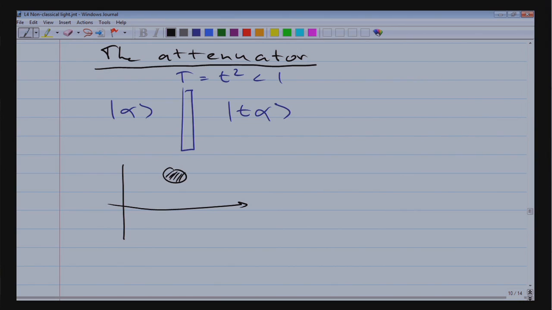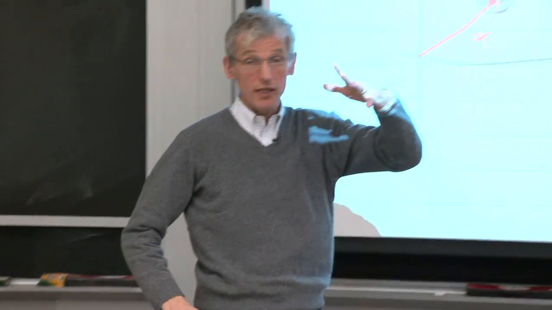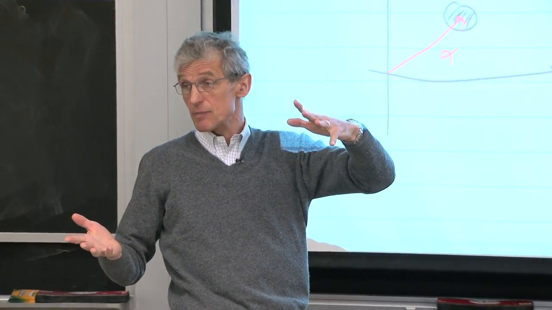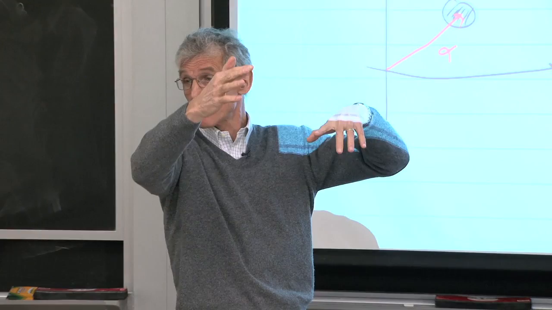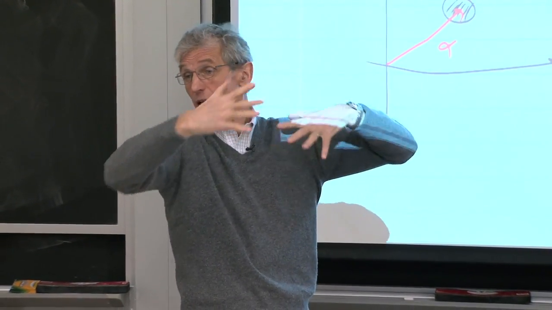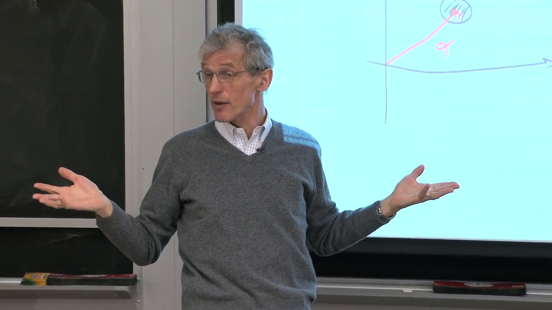In other words, you have your original state described by this phasor alpha, and then the action of the attenuator would simply be to scale everything down by a transmission factor. So the picture you should have is the following. You have a coherent state, it gets attenuated by the transmission coefficient. But if you have fluctuations about the coherent state, also the fluctuations get attenuated because everything gets attenuated by this attenuator.